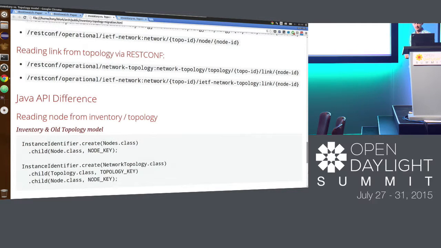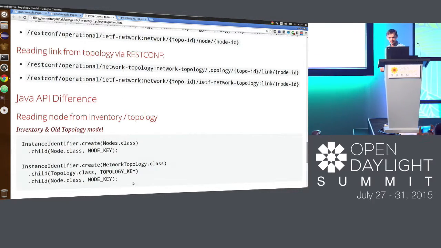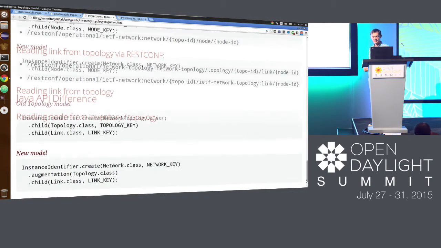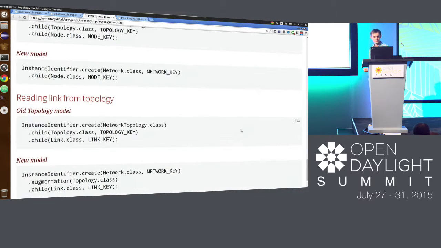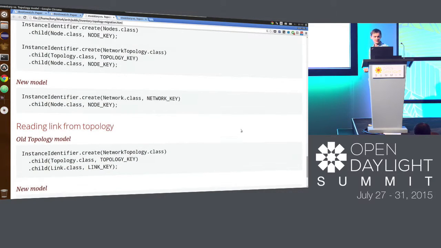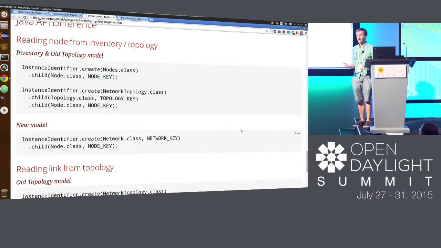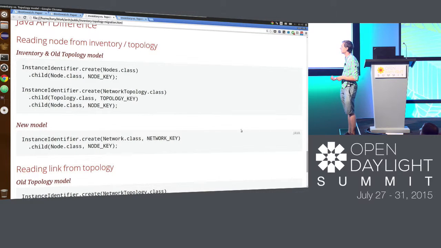From the Java perspective, we are using the instance identifiers. If you are not aware of the Java APIs, an instance identifier is practically like a REST-CONF URI to read the data. All the inventory code for creating the path to the node in the model is create nodes class, child node class, node key, topology,